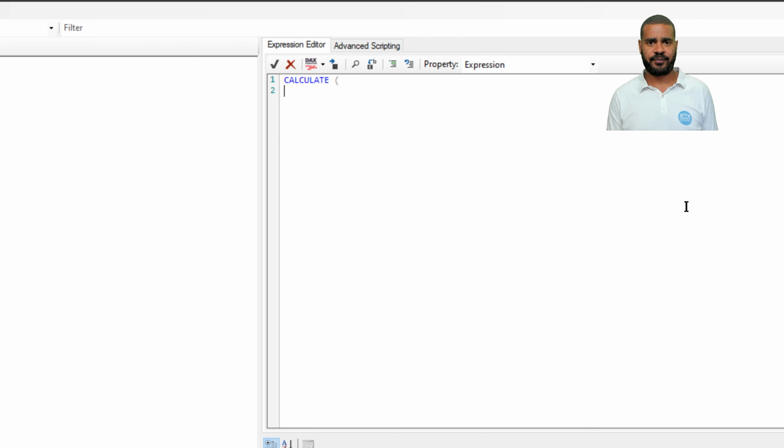Open brackets. Tab that in. It's going to be selected measure, when I spell it right, open brackets, close brackets, comma, same period last year,